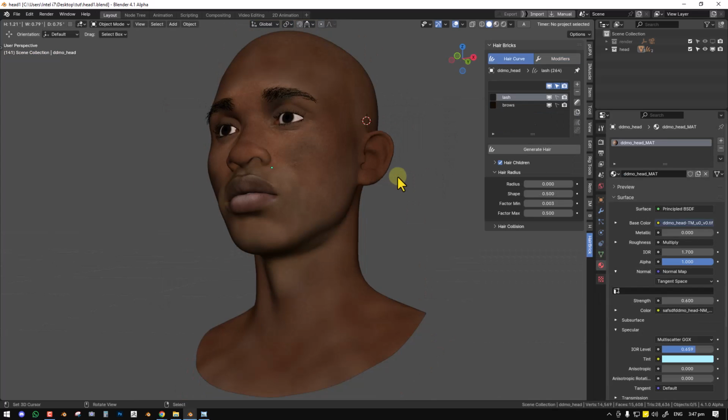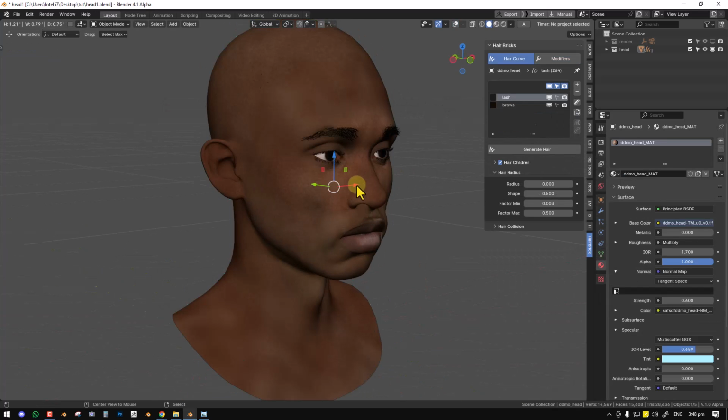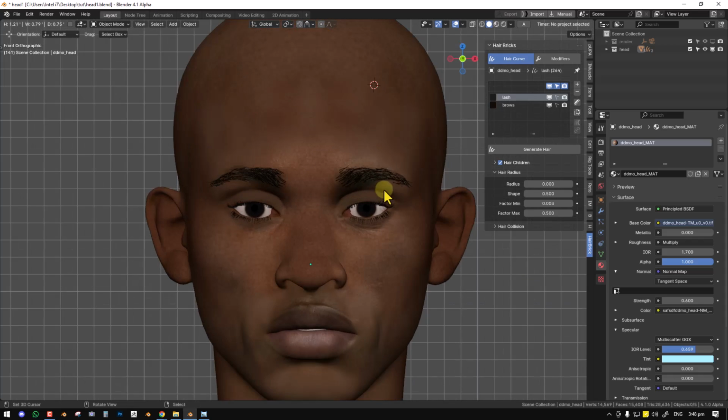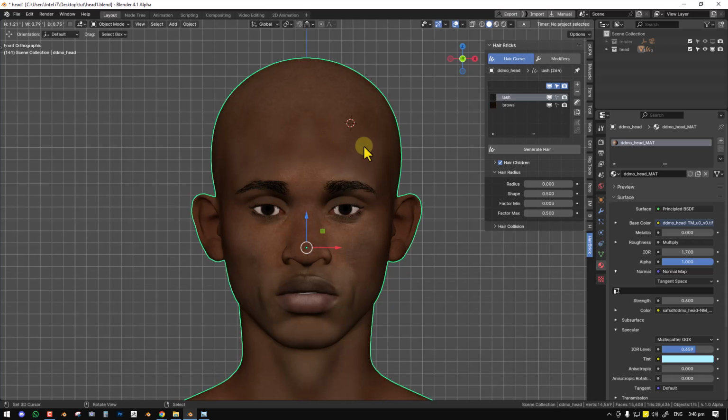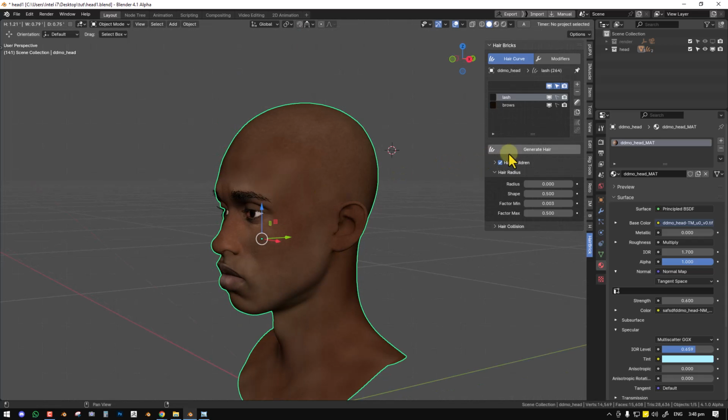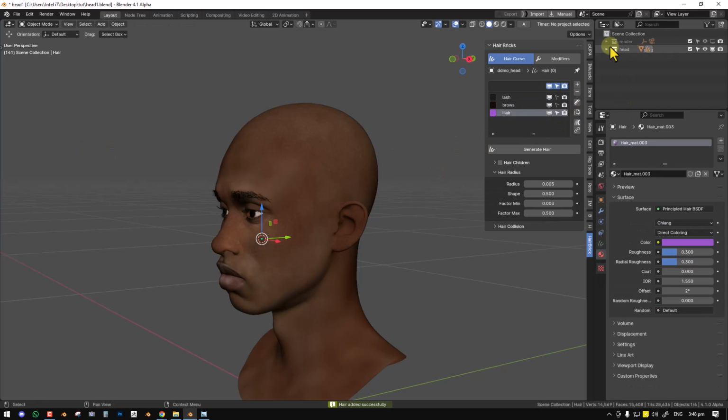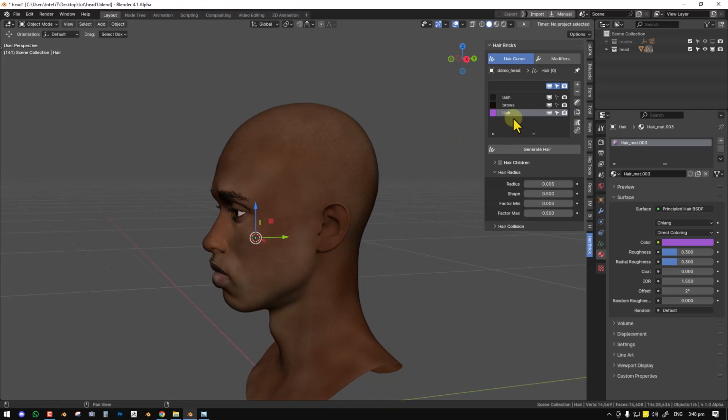So let's get started. This is our base scene with our eyelash groom and the eyebrows. We want to start by creating the main base hair. To do that, we'll just click on plus to create a new hair. It's just adding a new hair curve, so it's nothing complex. We can go ahead and call this hair,